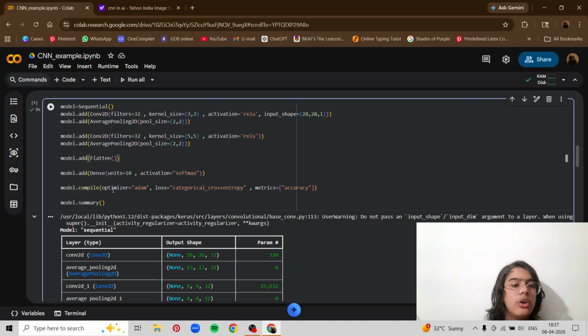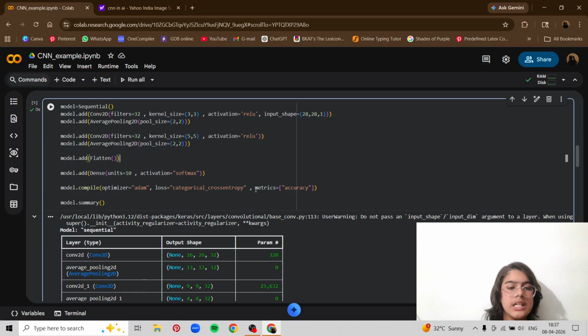In compiling, the optimizer will always be Adam. It is a type of optimizer. You can also use different optimizers, but I find Adam the best. You can use the trial and error method for this. You can use different optimizers and see which one is the best for your code. And then you have loss as categorical entropy and metrics as accuracy.